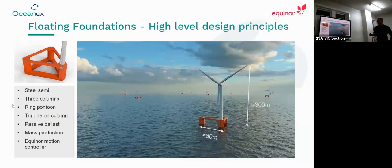Three columns, a ring pontoon, so that the major flotation is provided by the ring pontoon at the bottom. Turbine on one column, which simplifies structural design. A passive ballast system, again, trying to keep everything as simple as possible. Really focusing on mass production, so simplified stiffened plate sections, so we can work towards simplified production lines in the future. And a very exciting one, which I found really interesting, was an in-house designed motion controller, which Equinor have patented,